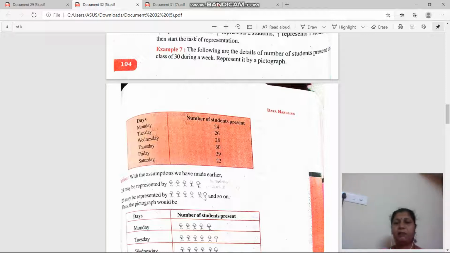That means if one part is not there, it means one less. Two parts are not there, that is two less. Okay, three parts are not there, then three less. Four parts are not there, four less, right? So it depends upon your picture drawn here, because the pictograph presents the exact number of data here. Okay, now see here, we are given that one full picture represents, I think, it